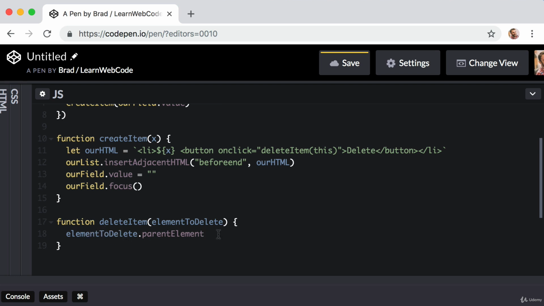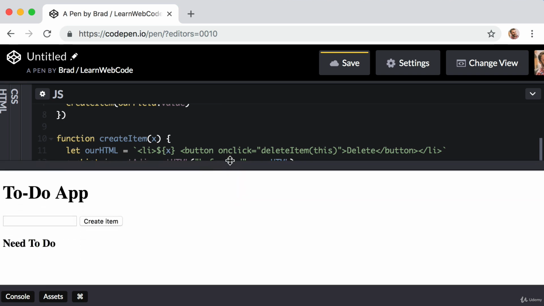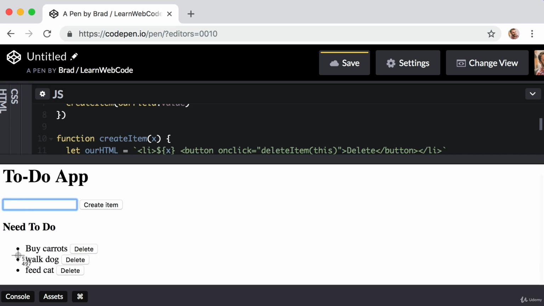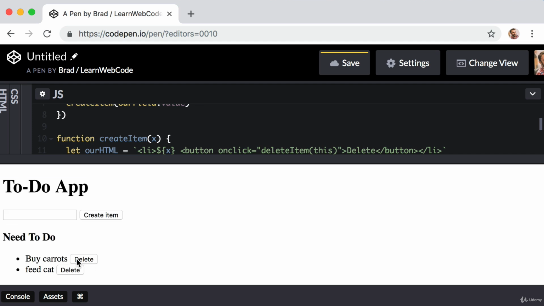Okay, so once we've selected that, then we can just call dot remove to remove the element. All together, let's test it out. So buy carrots, walk dog, feed cat, and if I want to get rid of walk dog, let's click delete. Awesome. Now that's going to bring the hands-on portion of the lesson to a close, but let's talk about where